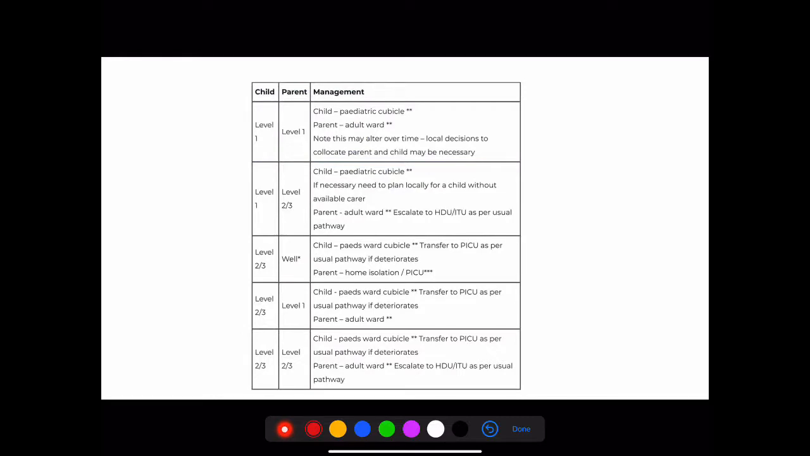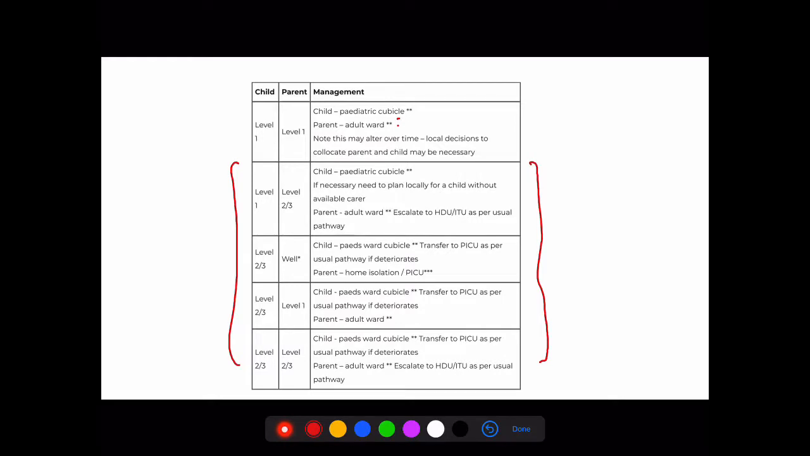If both are admitted, then the child would be in the pediatric cubicle and the parent would be in the adult ward. And again, it depends on the local guidelines. Sometimes they would try to bring them together if that is possible, otherwise not, and so on and so forth. You can just give a read to the rest of the guidelines, on what has to be done with the kid and with the parent if both of them are affected,